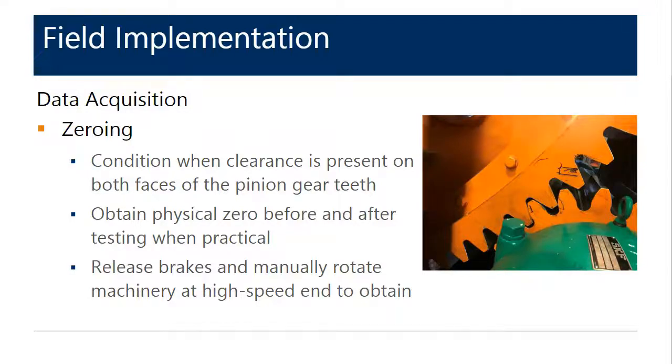The span drive machinery brakes are released and the machinery is manually rotated until there is clearance between the final gear set in the drivetrain. This could be a pinion over a rack for a bascule bridge, or a pinion that engages a ring gear attached to a sheave for a tower drive, or attached to an operating drum for a span drive vertical lift bridge. Within some drive machinery systems, there can be